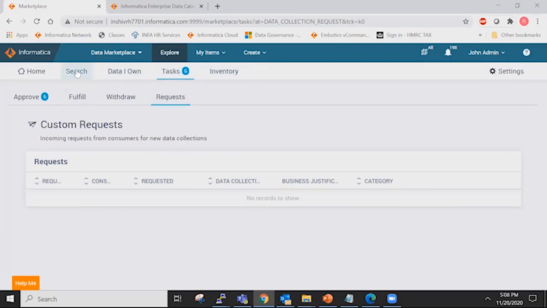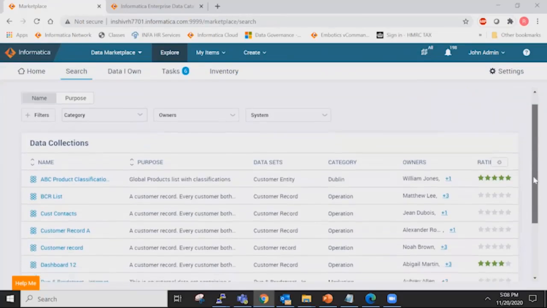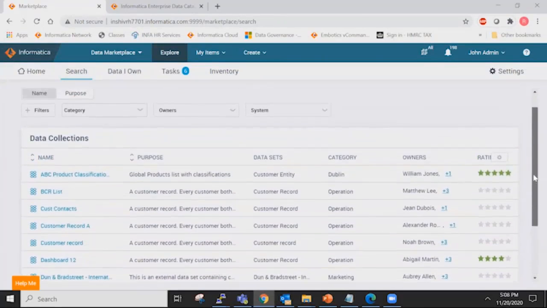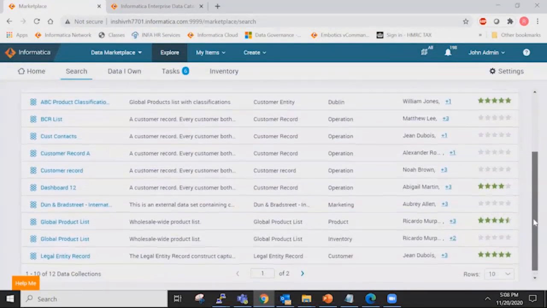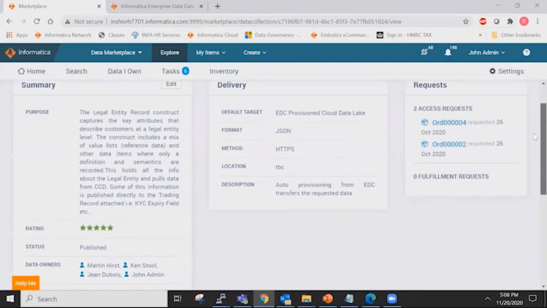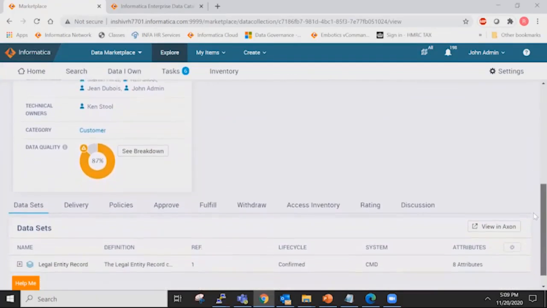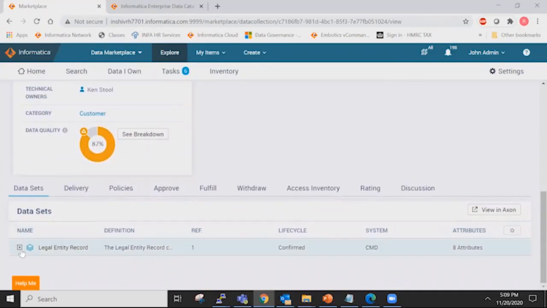So let us move back to the search field. Let me open this. From Axon 7.1, you will be able to see the ratings which are extracted at runtime from Enterprise Data Catalog. Let us open this legal entity data asset. You will see the purpose of this asset, delivery, and you will also see the ratings, who published it, and related data owner details. And if you expand it,